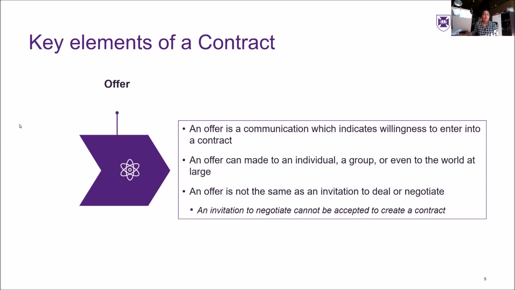An offer, though, is not the same as an invitation to deal or negotiate. So the language that the law uses is an invitation to treat. That itself does not create a legally binding agreement if there is some sort of acceptance on the other end. And when I talk about an invitation to negotiate or an invitation to treat, the most common examples that we will come across are advertisements, catalogs, and price lists. Those are inviting somebody to come and negotiate. And if they take someone up on that advertisement, then the next step could constitute an offer. So that's quite key to note.